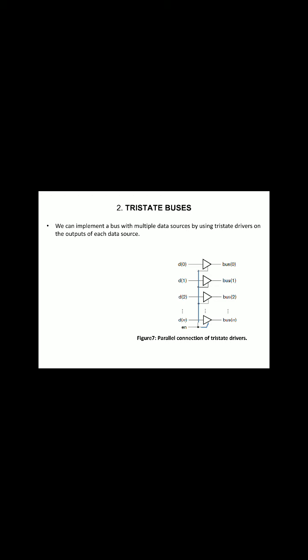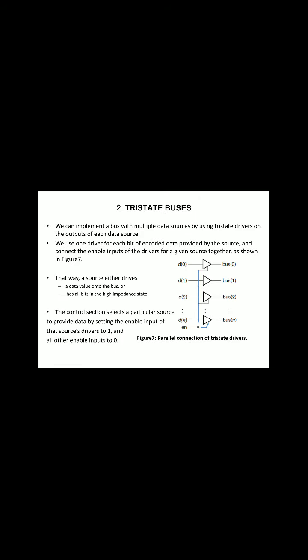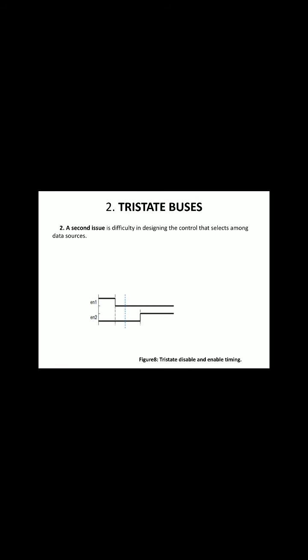What is the data loss? We know that in a tri-state bus, when enable is 1, the input will be transferred to the output. When enable is 0, we get the high impedance state. Please remember this circuit. We'll take two tri-state buses with enable signals, enable 1 and enable 2. Logic 1 signifies data is getting transferred, and logic 0 is nothing but the high impedance state.